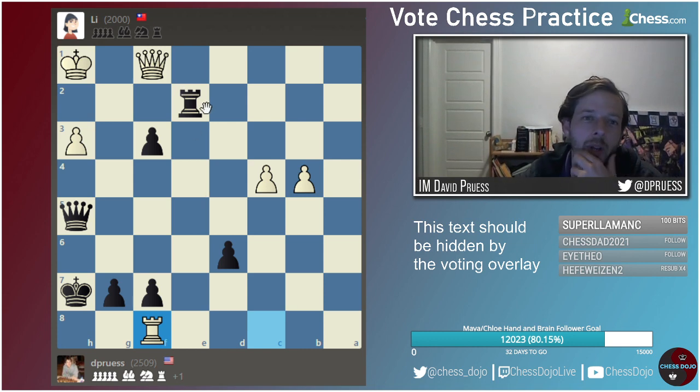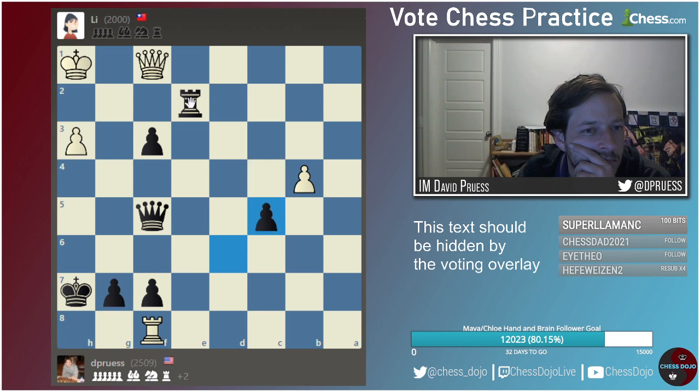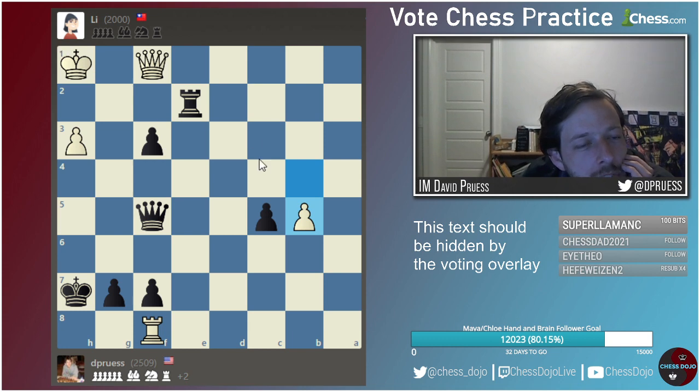Rook e4 here. I like being on the second rank. We're going to mate her in a moment here, folks. This is almost mate. I'll stop checks like this. F2 lets the white king come up to g2. Every move's winning, but...